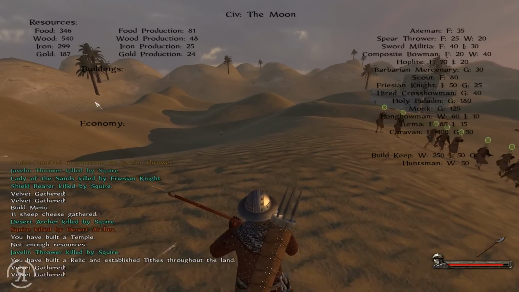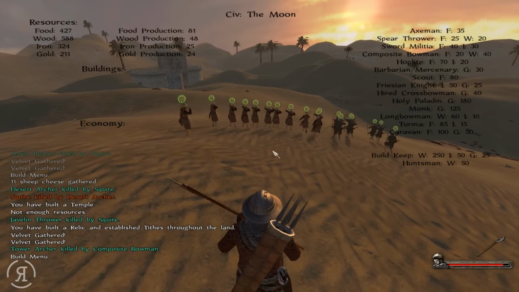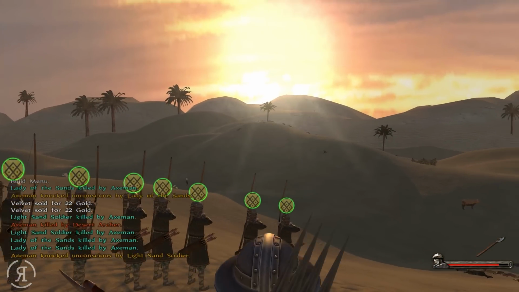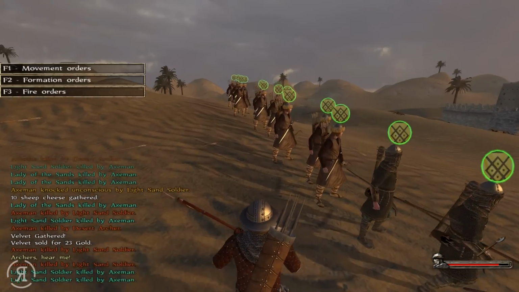So let's get the relic, and that enables us to build holy paladins and monks and all that sort of thing, so that's rather nice. Fantastic. So the axemen apparently have advanced up to that hill there and taken out the enemy archers, and it seems to me like